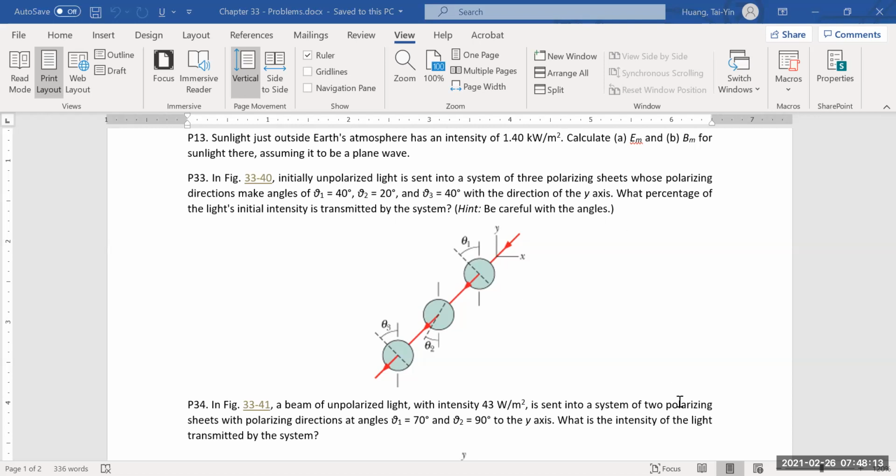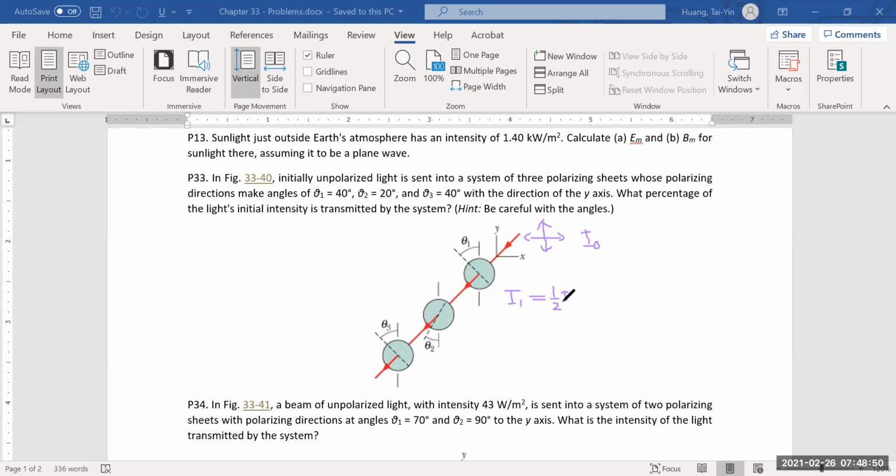To do this, initially it is unpolarized. So let's say the unpolarized light, we can use this symbol to indicate that it's unpolarized. And let's say the initial intensity, I just call that I naught, okay? Then when it passes through the first polarizer, we know that the intensity is dropped by half. So you don't have to do any calculation. You can just directly set that I1, we call this intensity, is 1/2 I naught, because the intensity